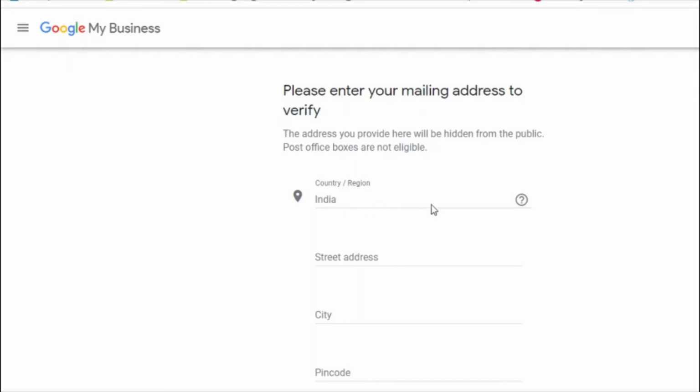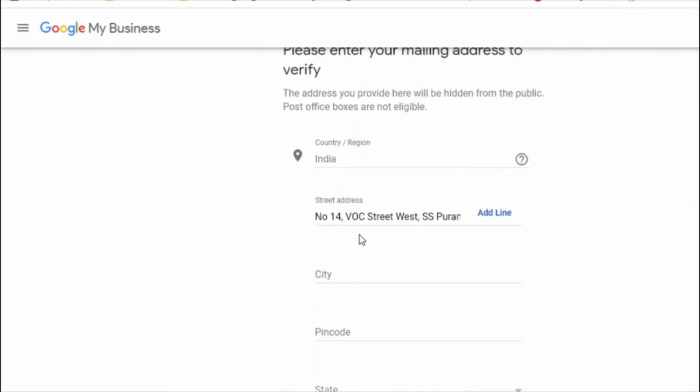So I am from India and my street address is number 14, VOC Street West, SS Puram. I can add another line as well.